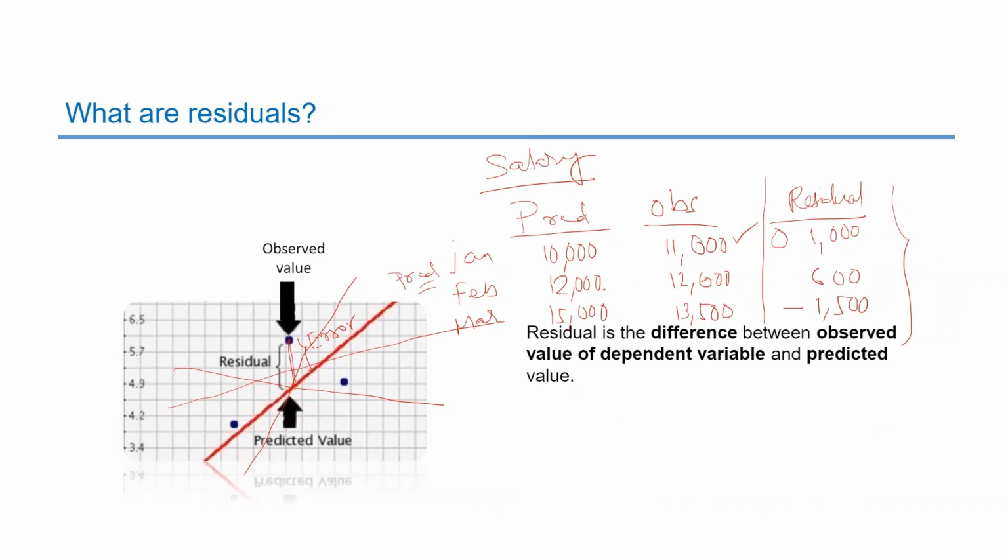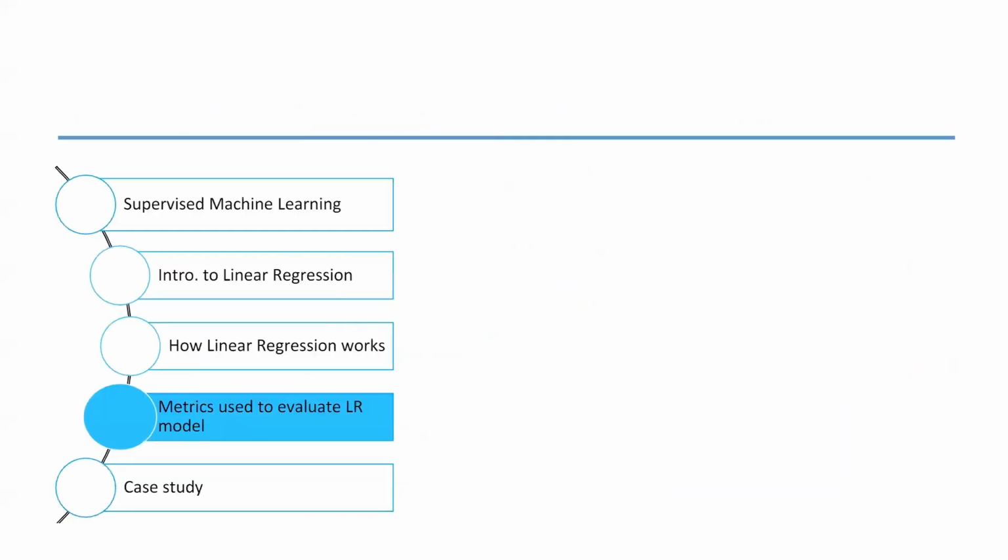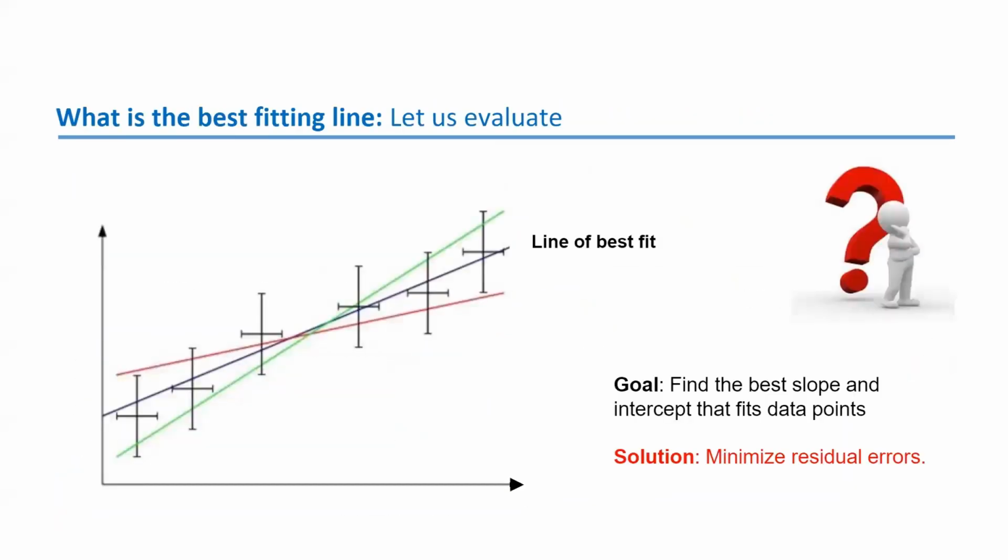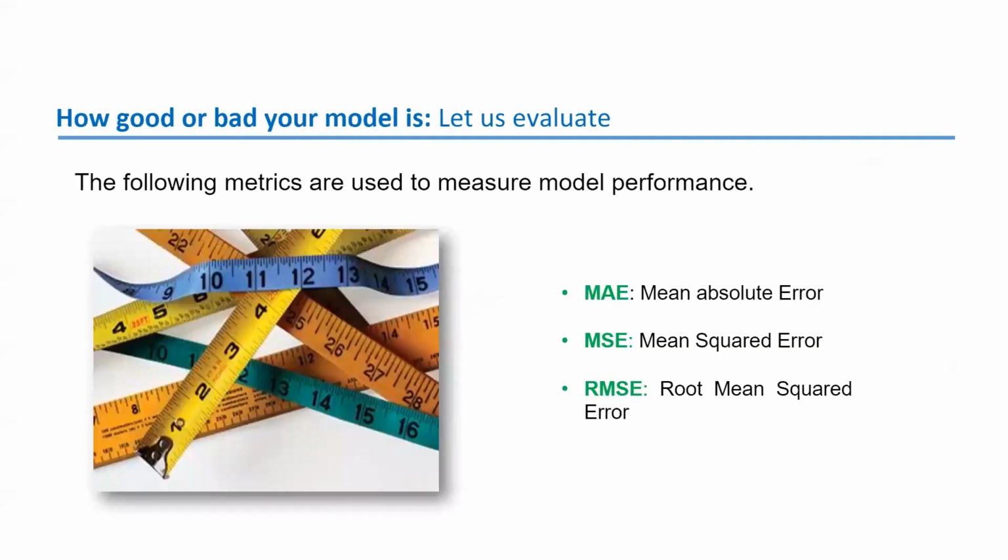If I would have predicted 12,000 instead of 12,600, my error would have been 0. If I have predicted something as 15,000 and the observed value was also 15,000, in that case also my residual would have been 0. So this is something which we can create using the best fit line. Obviously the error is not going to be 0, but we will try to make it as minimum as possible. To do that, we have